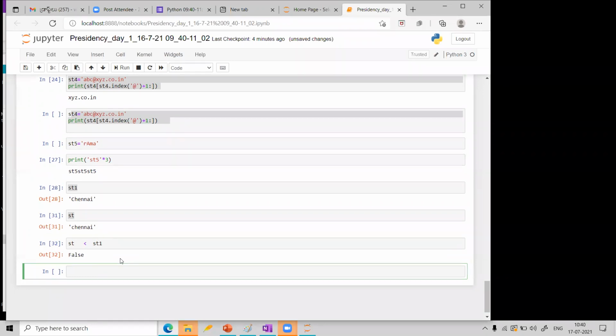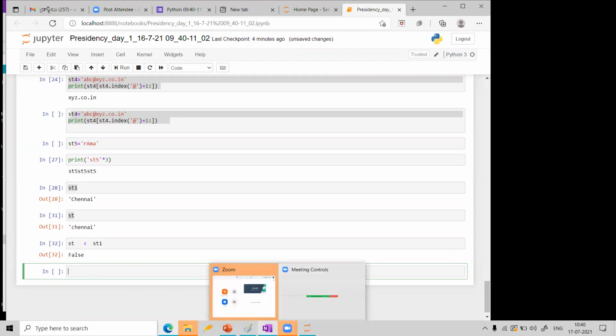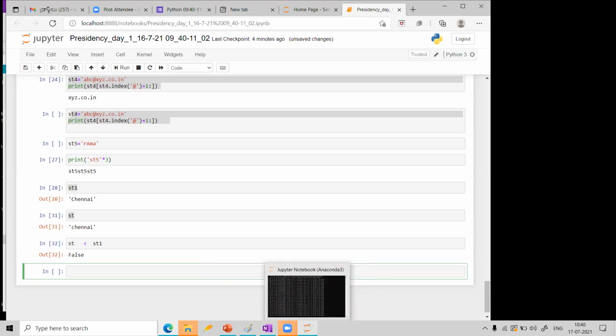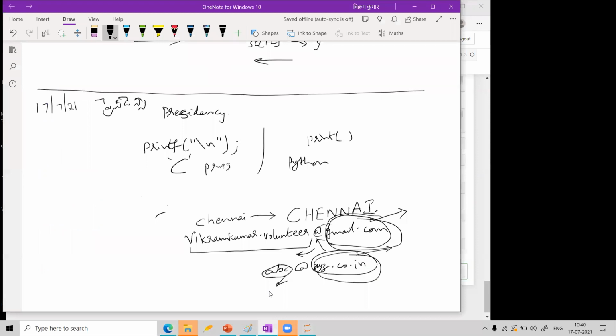Already you studied this in C programming. Whatever you studied in C programming will help you many times. That is why they teach C programming first. The concept will be almost similar in many other languages also. So you should try to understand that. I will show you why it is like that. Let me explain why that is coming like that.